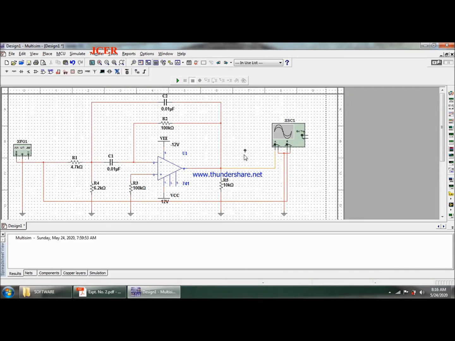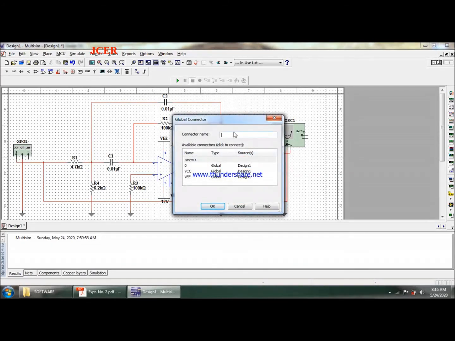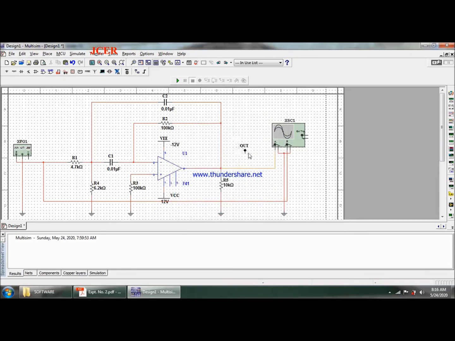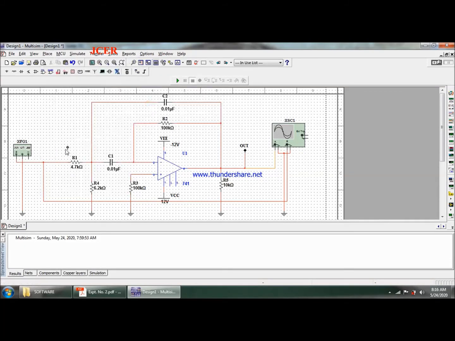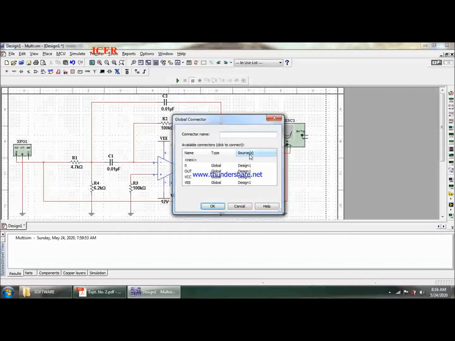Place one global connector over here and call it OUT, typing it with caps lock. It means this is my output terminal. Similarly, go to Place, Connector, Global Connector, place it onto your input side, and type it as IN.